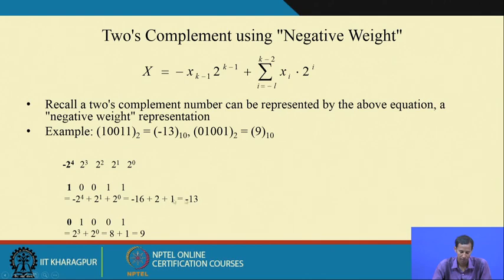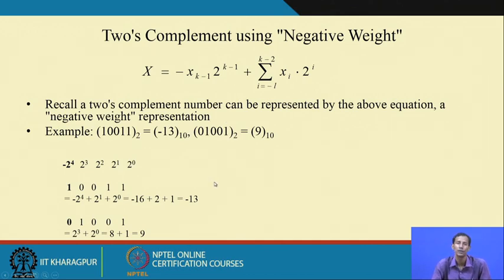So, 16 plus 3 gives minus 30. Now for the same case, if I get the combination 0 1 0 0 1, represented in 2's complement format, because of this 0, it represents a positive number. Positive number means this position is 0, so no negative value is there. That is why this position is 1. So, 2 to the power 3 that is 8, and this position is 2 to the power 0, 1. That means the value of this particular number is 9.